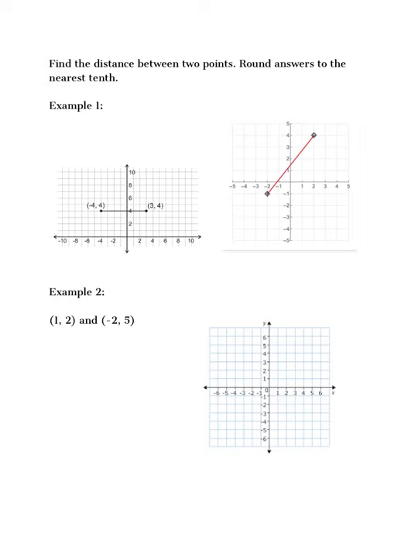Okay, today's lesson is on finding the distance between 2 points. And we're going to continue what we were doing last week on Thursday when we learned about the Pythagorean theorem. Remember that the Pythagorean theorem is a squared plus b squared equals c squared. So when we find the distance between 2 points, we want to know between 2 points, how long would a